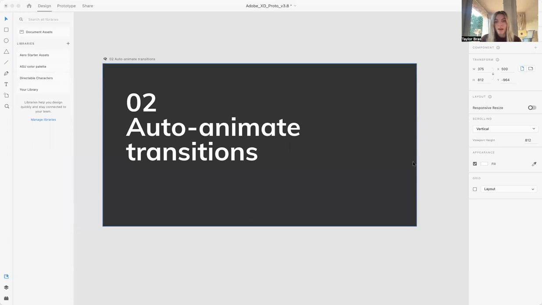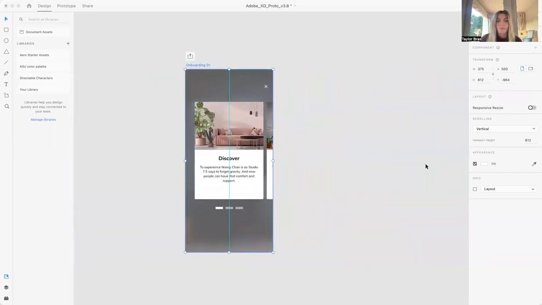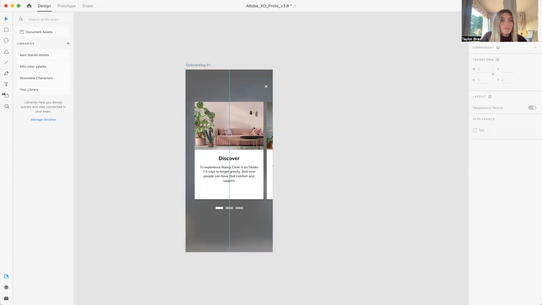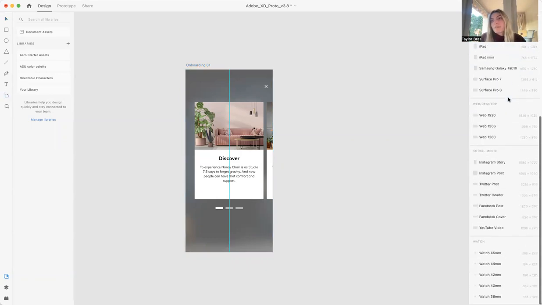First, I want to talk about artboards, and I'm going to move over so that we can see the original artboard that I imported called Onboarding 01. And this represents the screen for your application or web page, but in this case, it's an app. And Adobe XD streamlines this design process by providing popular screen sizes for different versions of iPhones, iPads, desktops, or even just custom sizes. And you can find these by going to the artboard button in the left-hand side and clicking on that. And you can see,